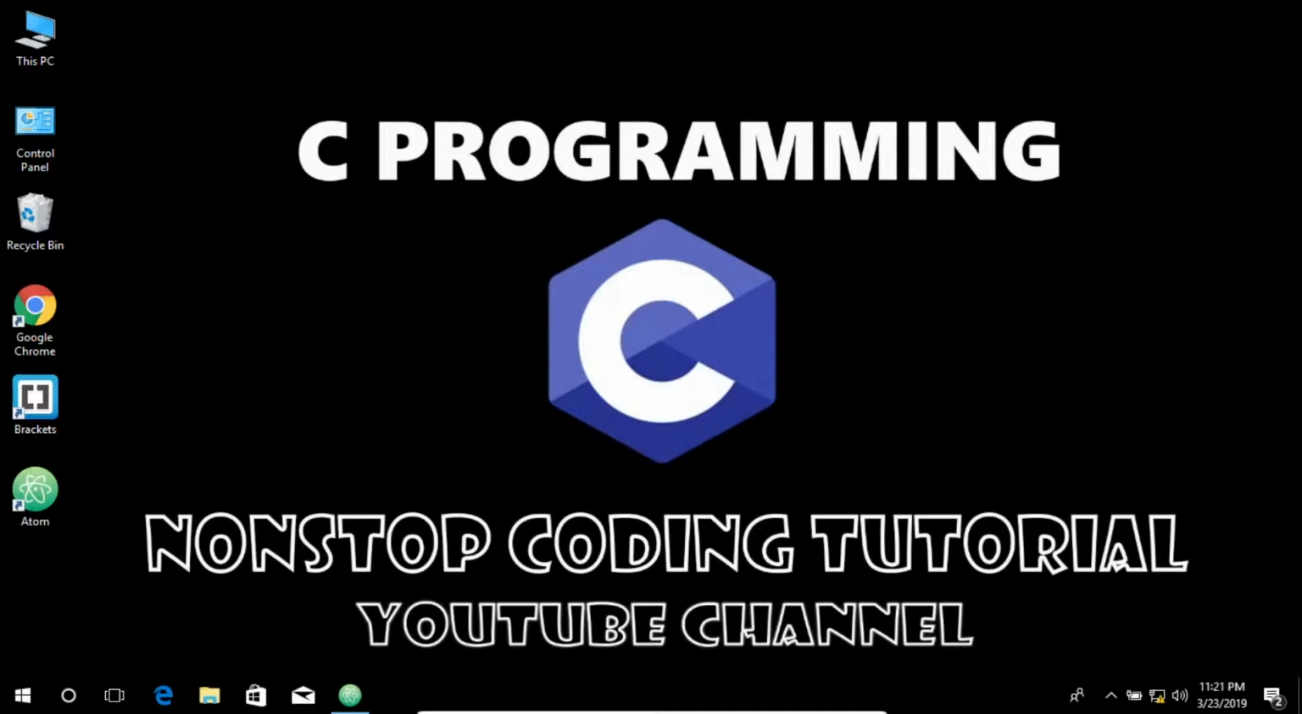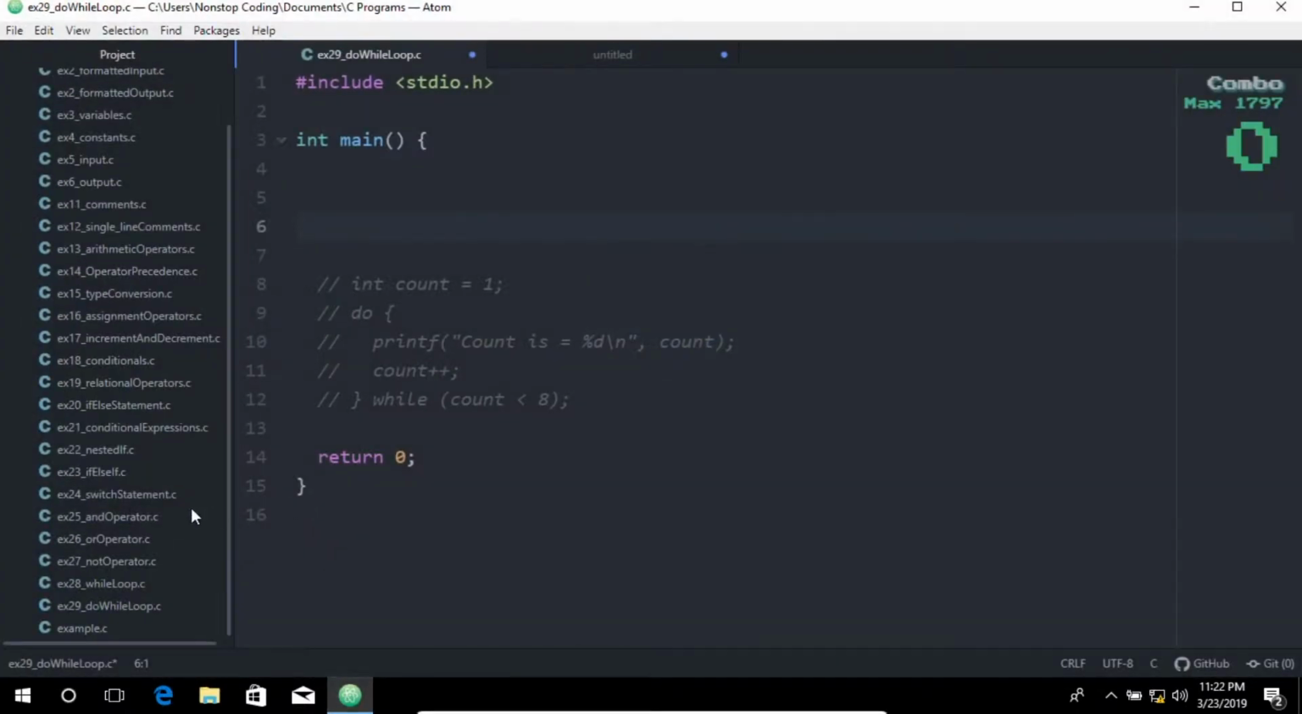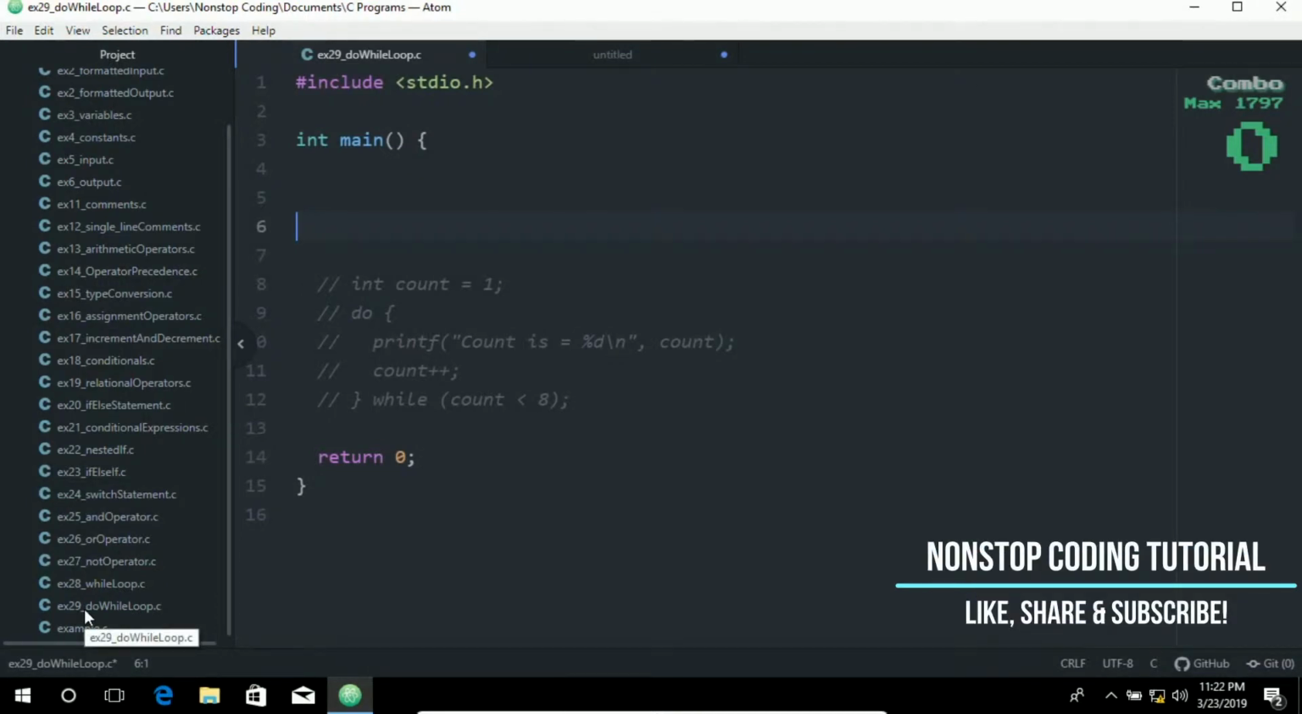My friends, today we're going to discuss the do while loop in C. So let's get started. Let me open up this editor, and as you can see, I have this file created, ex29th_do-while-loop.c. The do while loop executes the loop statements before evaluating the expression to determine if the loop should